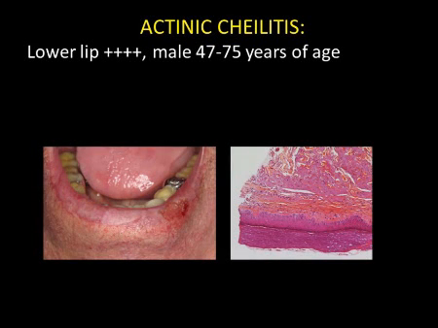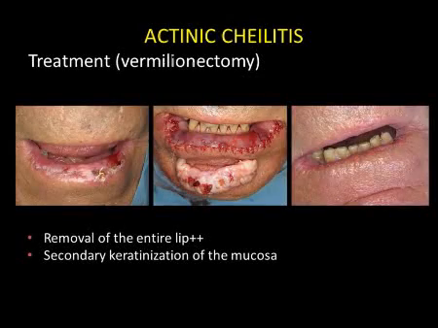Actinic cheilitis. This is a common lesion which principally affects men over 45 years of age. Actinic cheilitis manifests as a white lesion on the upper lip, which takes on a keratinized elastotic appearance with loss of the vermilion border boundary between the lip and the cutaneous covering. There are often ulcerations in the active forms. Actinic cheilitis may progress to squamous cell carcinoma.